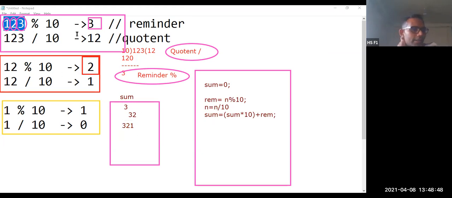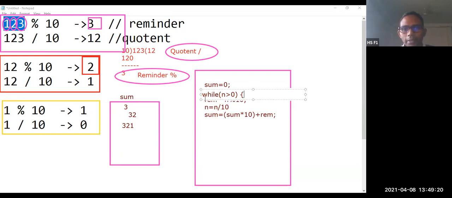Initially n value was 123, n value became 12, then n value became 1, then n value became 0. So you are going to repeat this set of statements while n is greater than 0. You can write: while n greater than 0, repeat the following steps.